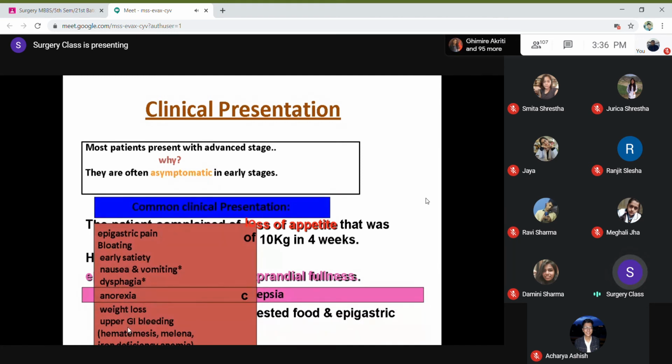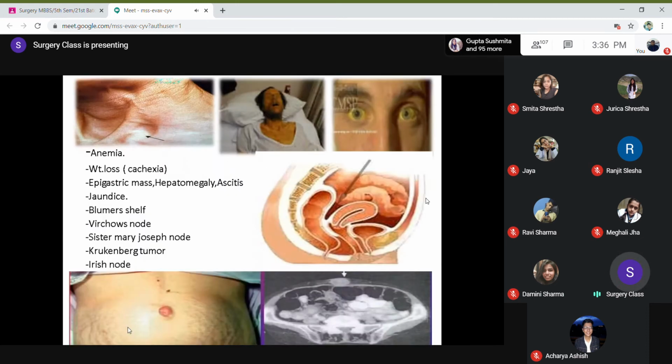Sometimes the patient can come with upper GI bleeding, or a history of melena, or with anemia, which could be an iron deficiency anemia. Okay, so whatever you said, new onset dyspepsia after 55 years, with new onset dyspepsia or